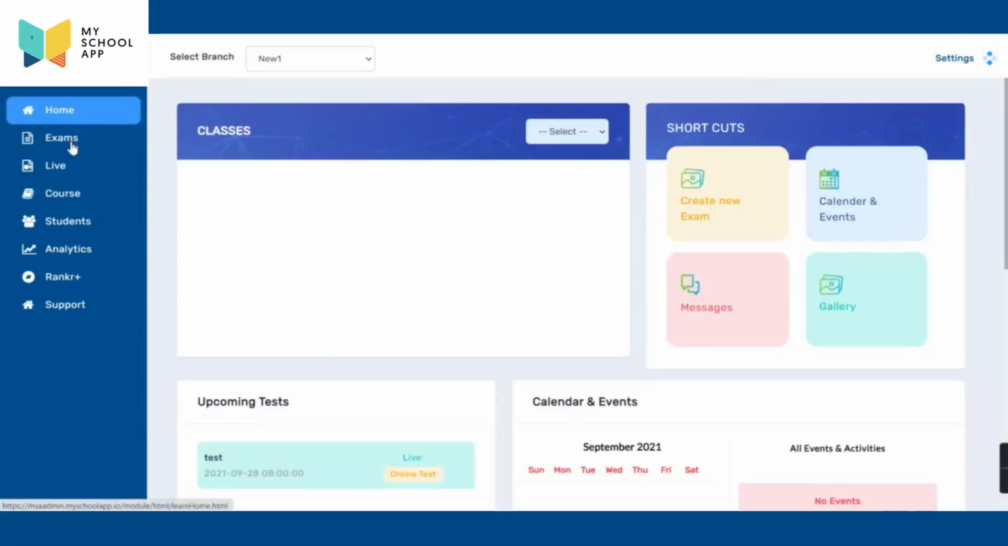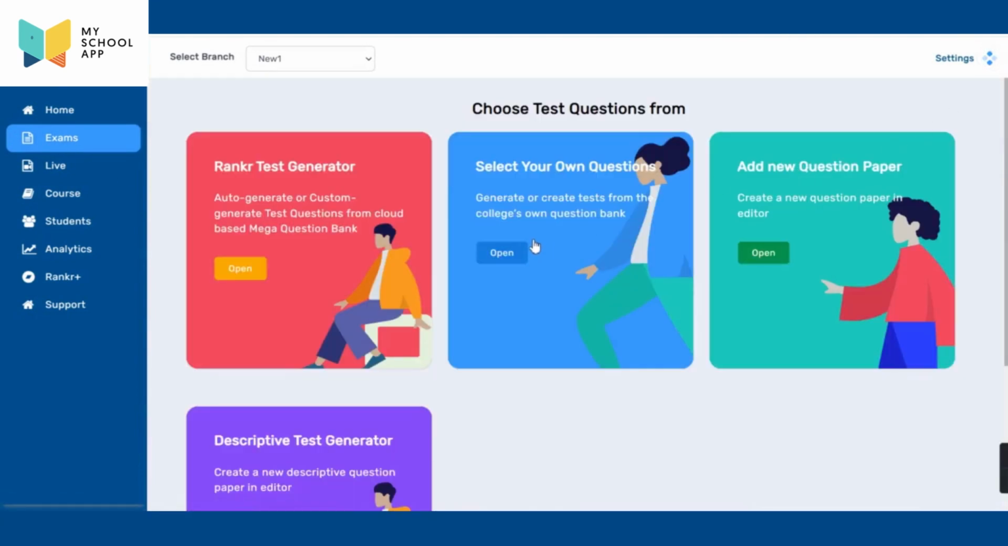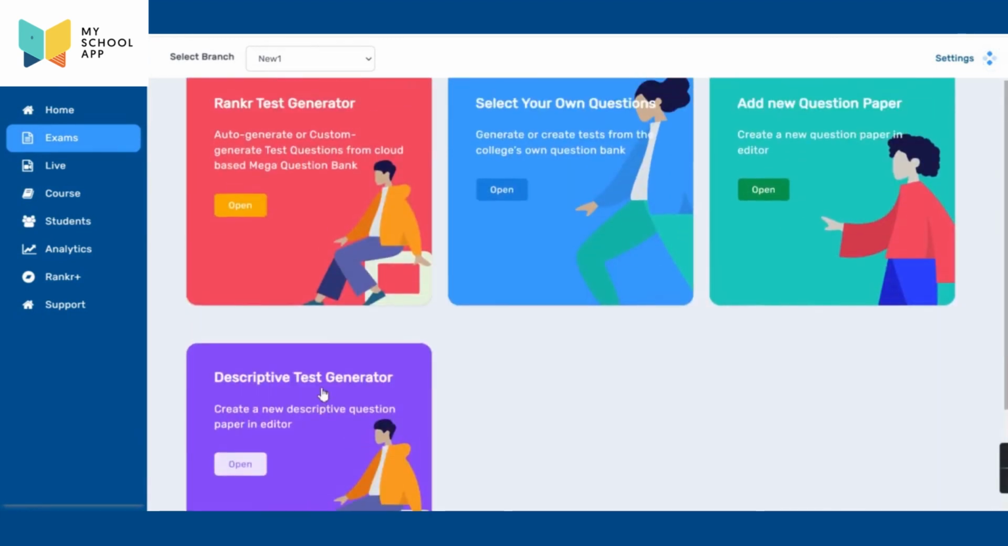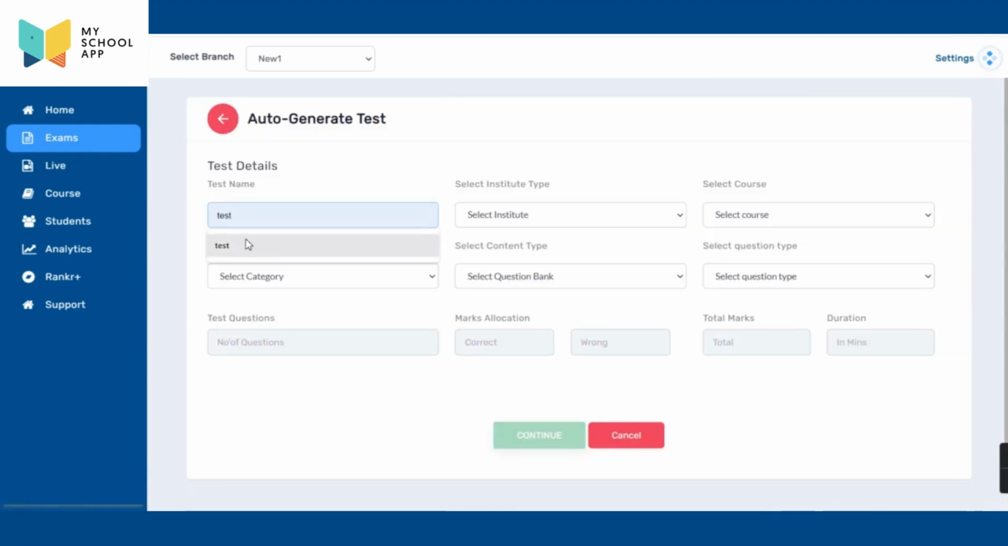To conduct examinations, click on examinations, new test. There are 4 types of examinations: Ranker test generator, select your own question paper, add new question paper, and descriptive type of examination. Ranker test generator is an artificial intelligence program where the system itself will generate a question paper and give it to you. Just click on open, name the exam,